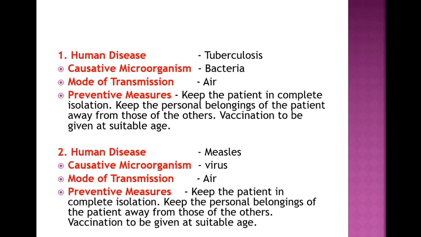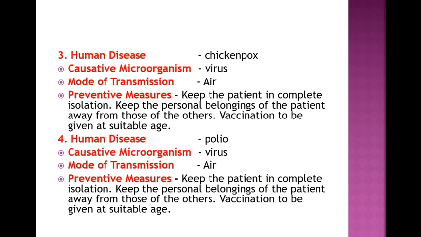Vaccination to be given at suitable age. And coming to the next one, that is chickenpox, caused by a virus, and the transmission mode is air. The same prevention measures which are followed for tuberculosis and measles are followed for chickenpox also, that is, keep the patient in complete isolation. It means we cannot contact the person who is affected with the disease tuberculosis or measles or chickenpox,